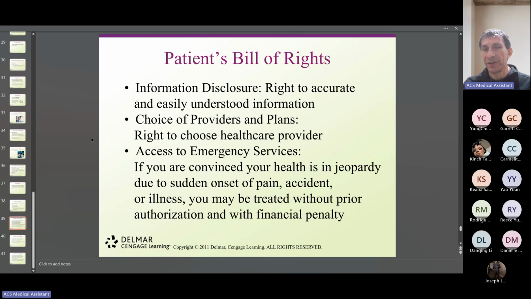Access to emergency services. Regardless, emergency, I mention it again, is one of those situations or places that do not follow many regulations. We try to comply with HIPAA, with OSHA, with all these regulations, but unfortunately, due to the complexity of the situation of the patient, sometimes we have to waive certain rights and try to do the best for our client or patient. So that's basically how it works.